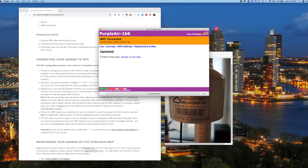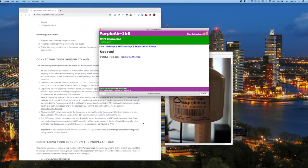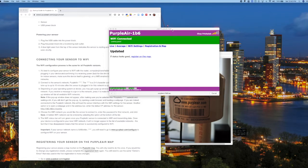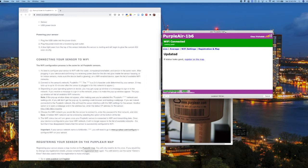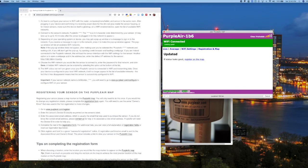And it's warning us this takes a minute or two. All right, and so now my PurpleAir sensor is successfully connected to my home Wi-Fi network. So we are transmitting data. And so then the final step, which we can see here on the PurpleAir guide, is to register your sensor on the PurpleAir map. So we can now close this window